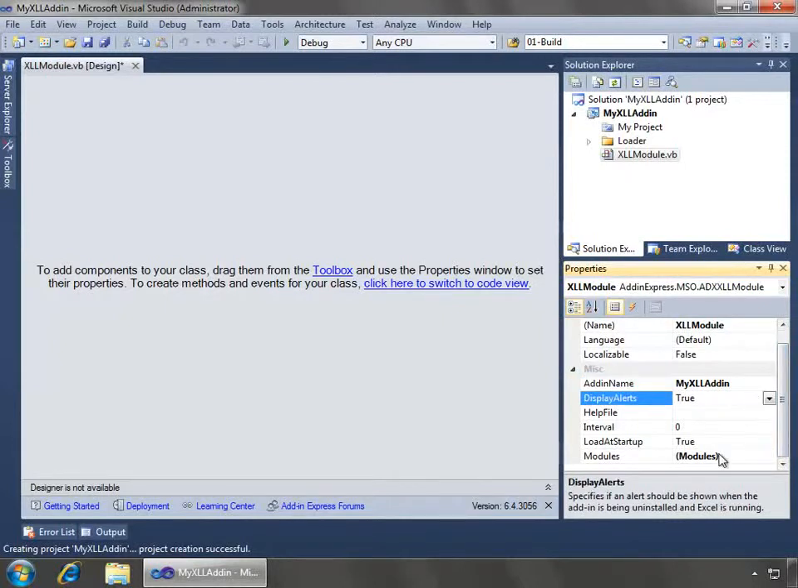And we could do things like specify if we want to display the alert, so it specifies if an alert should be shown when the add-in is being uninstalled and Excel is running. I could set that to false or whatnot. Load at startup specifies if the add-in should be loaded at Excel startup, which we want to leave as true. But what we want to do to add our custom user-defined function is move over to the designer,